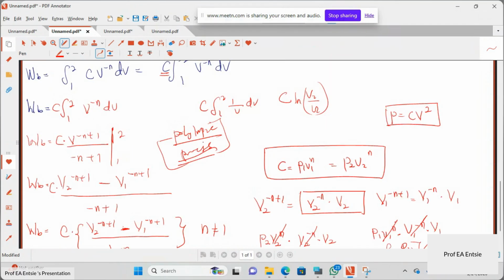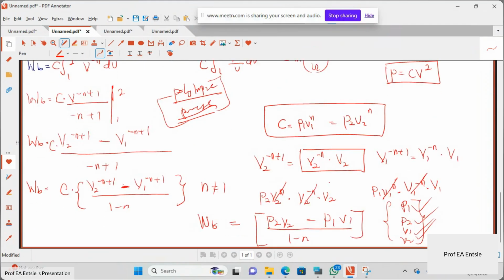In order for you to find the boundary work done of a polytropic system or process, here's the formula we derived: P2V2 minus P1V1 all out of 1 minus n, where n is the exponent in the order of the process. Alright, so